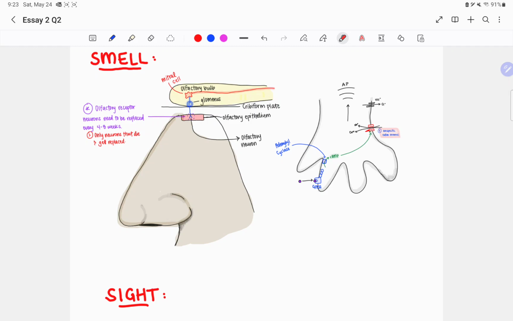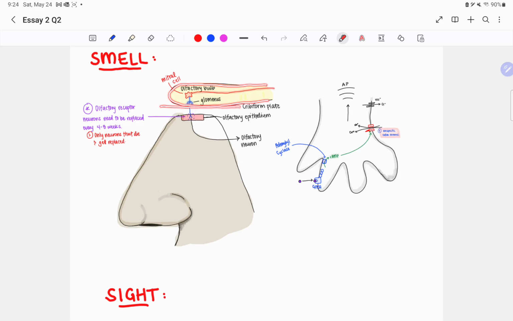Now, smell is also pretty simple, at least in the way I'm going to explain it. I'm not going to dive crazy deep into anything. I just want to point out some anatomy here. First thing I want to point out, obviously, we have our nose right here. Then as you go up the nose, we have what's called the olfactory bulb, and it sits just above this